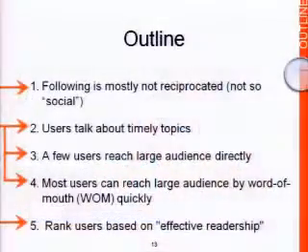We're going to show that following is not reciprocated on Twitter, just as Ratul pointed out, that it can be reciprocated. It's basically on how people use it. And on Twitter, we show that it's not used in the typical way as social relationships would work. And then three features about news media. They talk about timely topics, and a few users reach a very large audience directly. And also, you can see the impact that word of mouth spreading of news have. And then we're going to also find a new ranking algorithm based on effective readership, and I'm going to explain